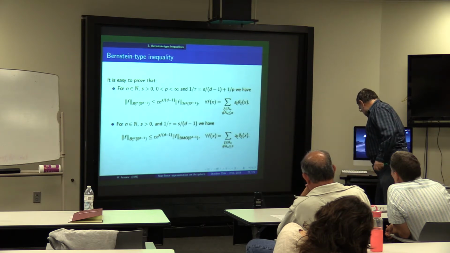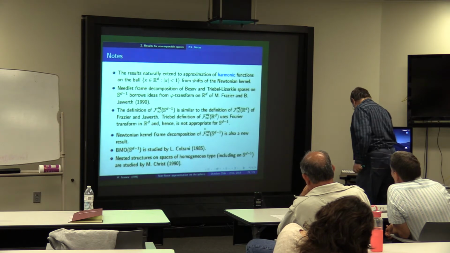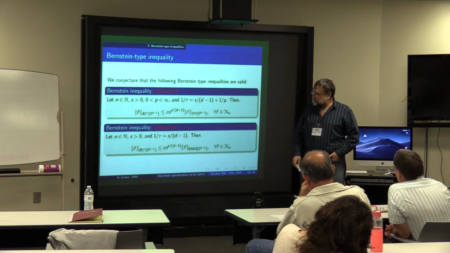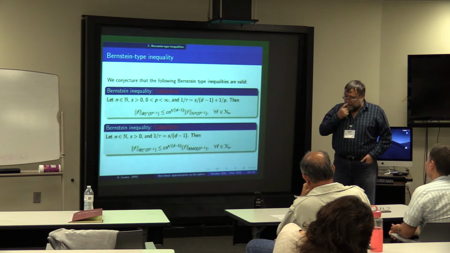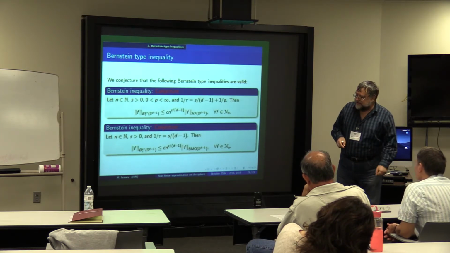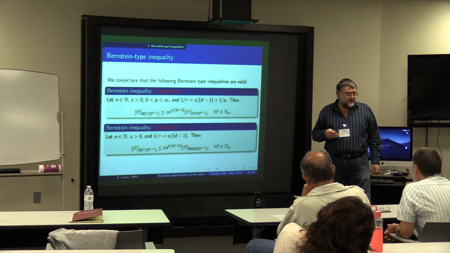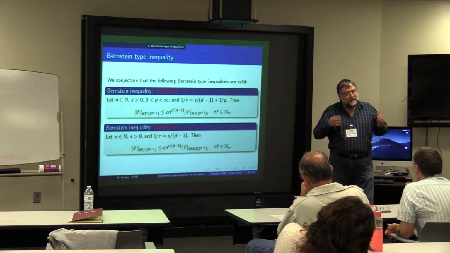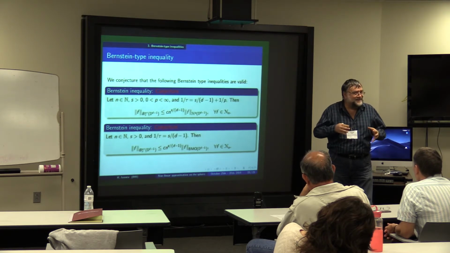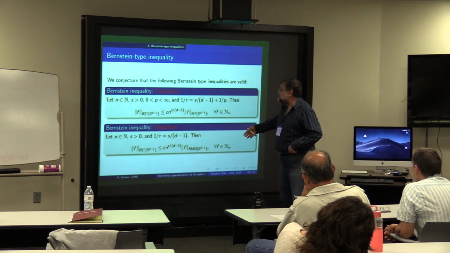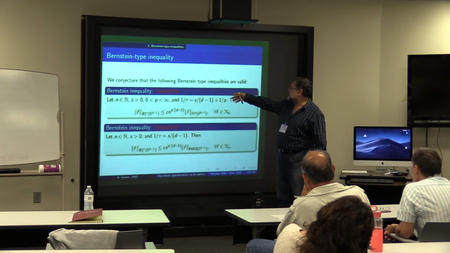But the original functions from the original spaces, sets which are translates of the Newtonian kernels, the Newtonian kernel has the worst possible localization, if any localization exists. So actually it is an open question, but to prove Bernstein theorems